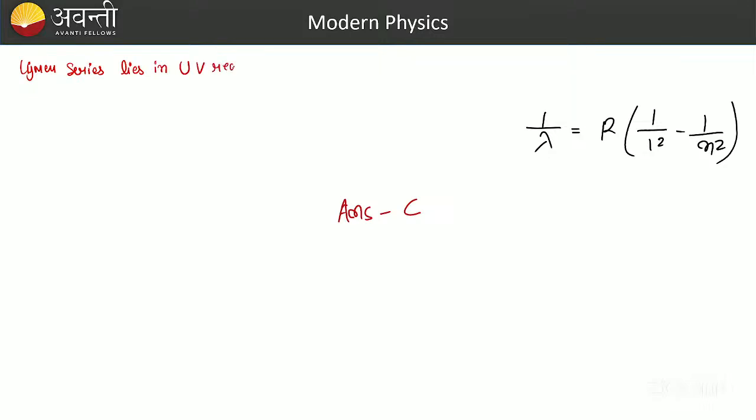So you should always remember that the Lyman series always lies in the UV region. Now, if they ask you about the longest wavelength of the Lyman series, then for the longest wavelength of the Lyman series,